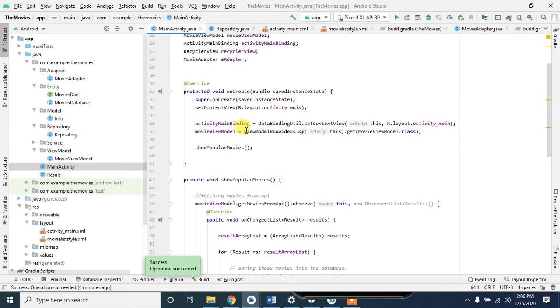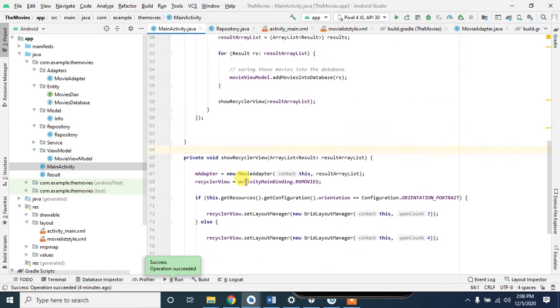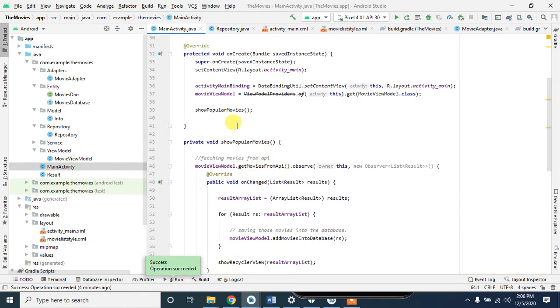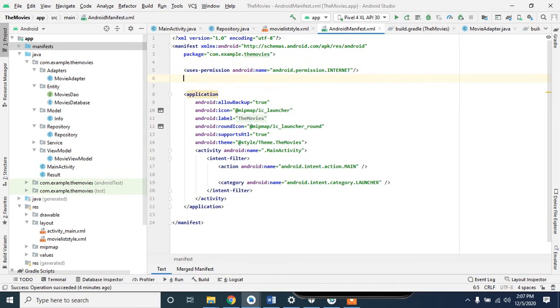So if the Wi-Fi is not connected, then the movies that are being stored in our database, how do we implement the offline functionality? So for that I will first of all go to our manifest file, uses permission,